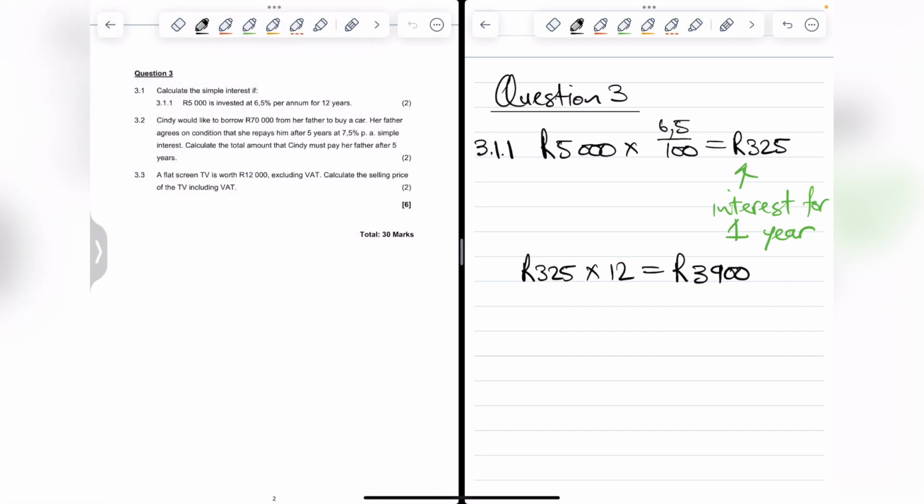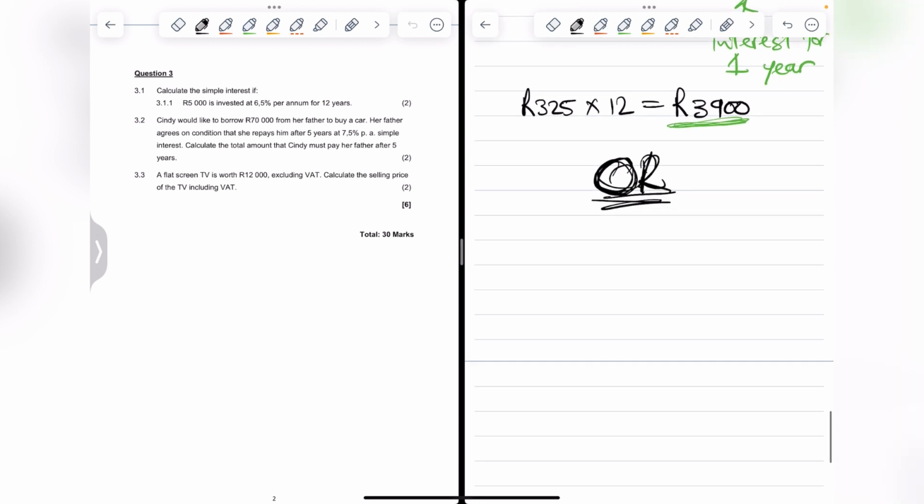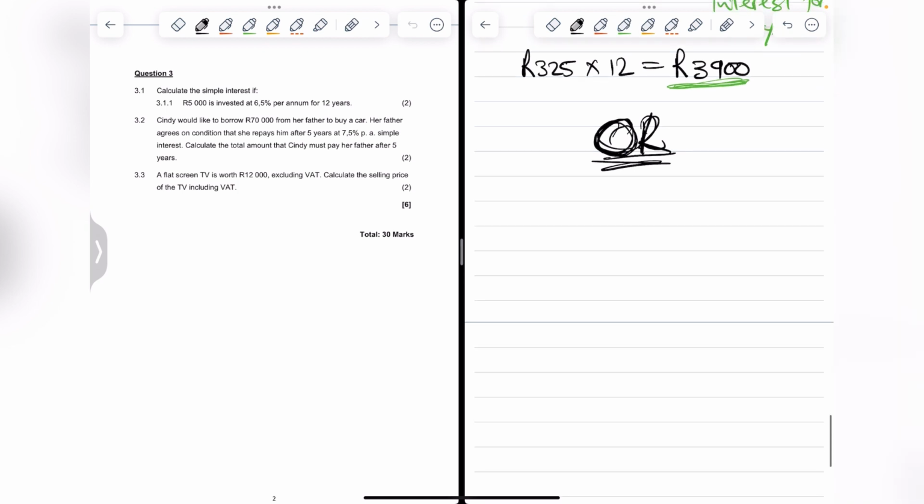They wanted what is the simple interest if 5,000 Rand is invested at 6.5% per annum for 12 years. The interest would be 3,900 right there. Right, or you could have done the following. Or you could have used the simple interest formula, which is